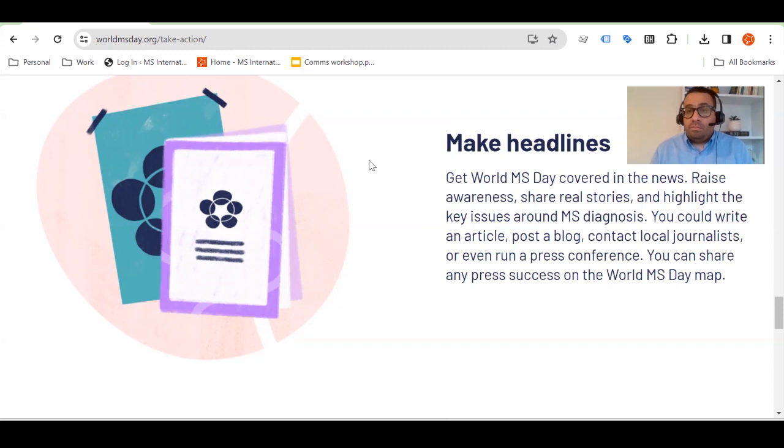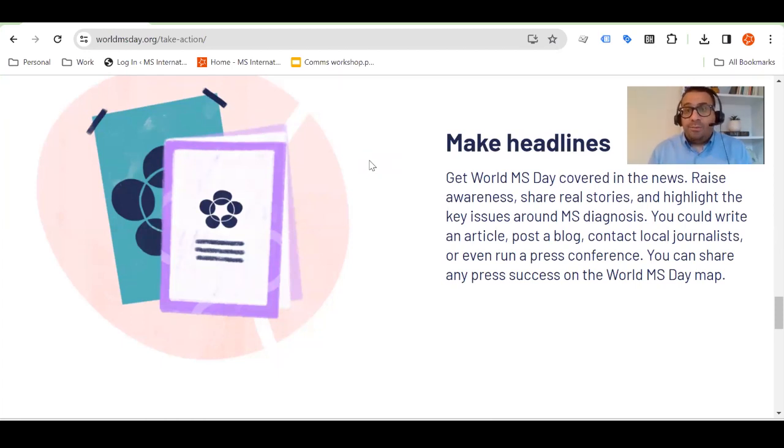Press and media will help us to share the real stories of people with MS and highlight the key issues around MS diagnosis for this campaign in particular, which I think is a very interesting angle for the press and media to look into, putting a spotlight on the challenges people with MS go through when they're trying to get their diagnosis. You can write an article, you could organize a press conference, or you can do it in any way that you find more convenient.